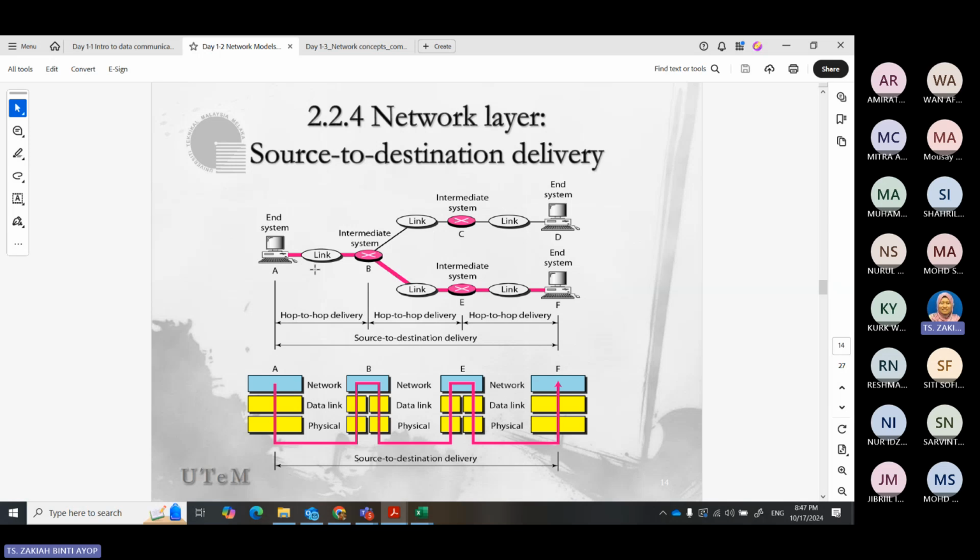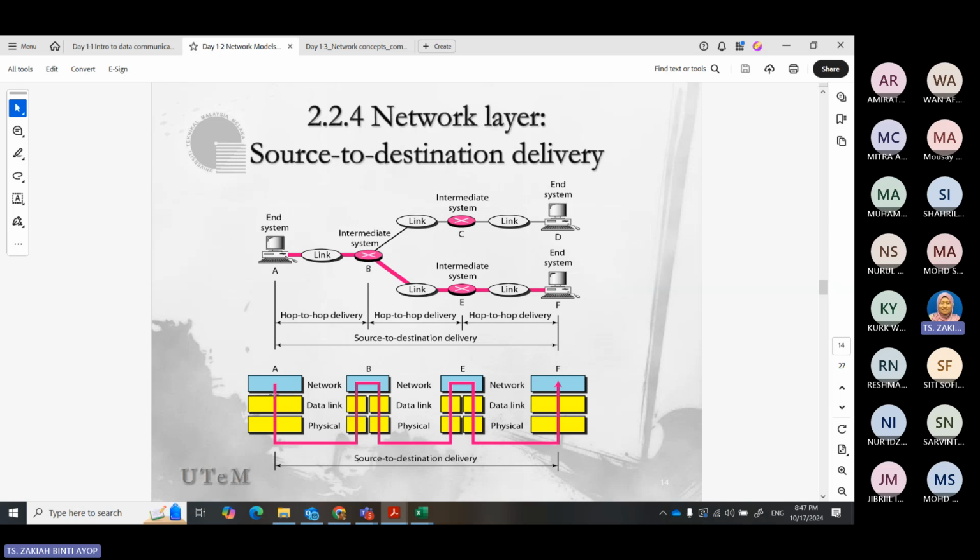So we need to have both the sender and the receiver address on that packet, so that we will know, as the message is sent on the intermediate systems from A to B, B to E, where the final destination is. So that's why we call it a source to destination delivery.